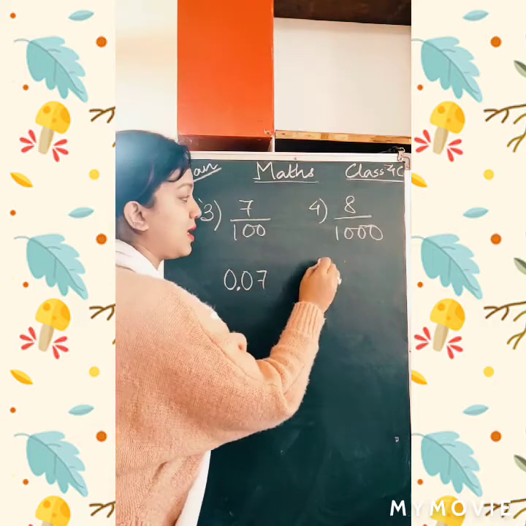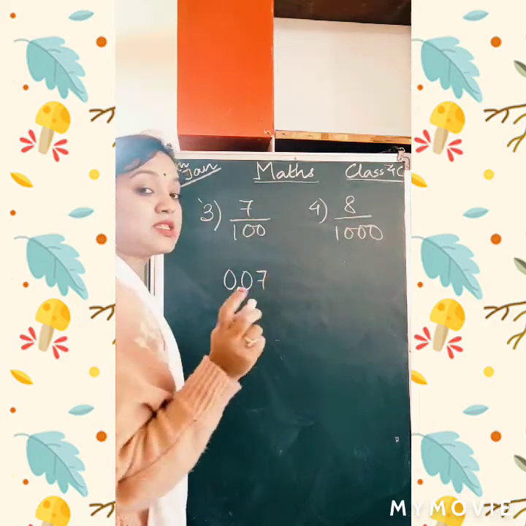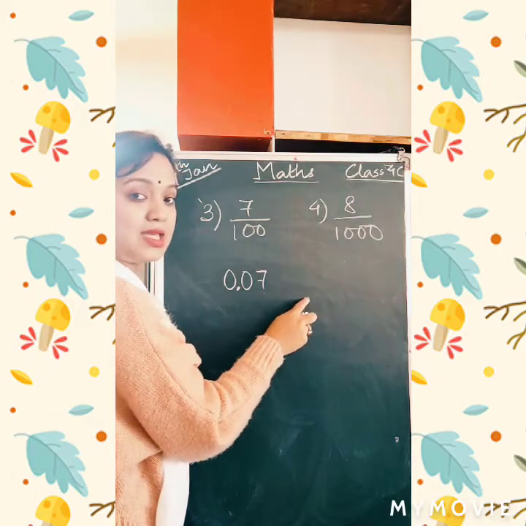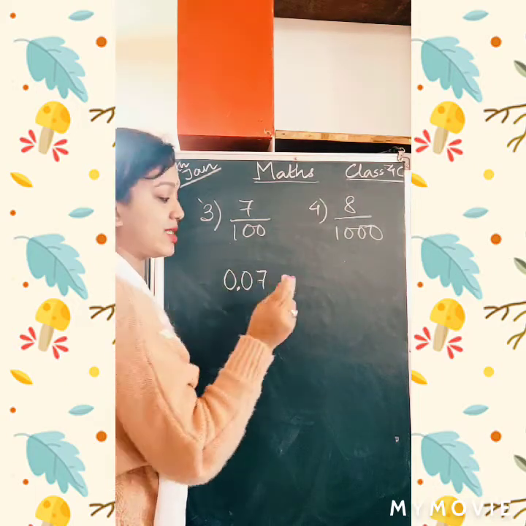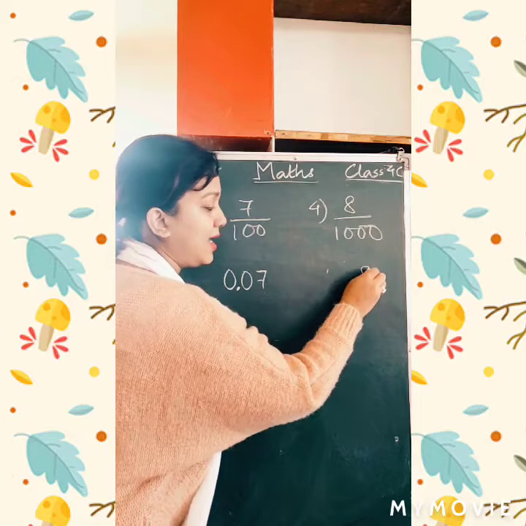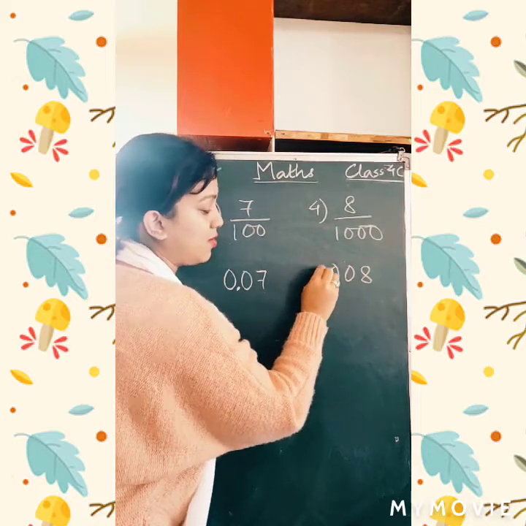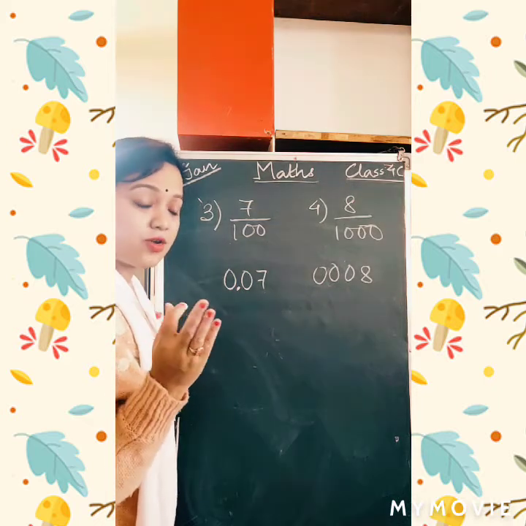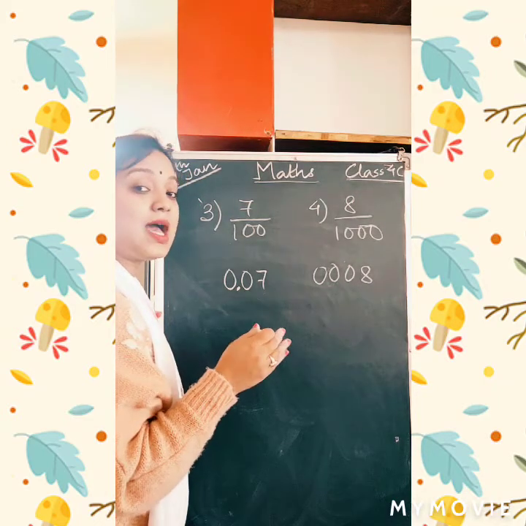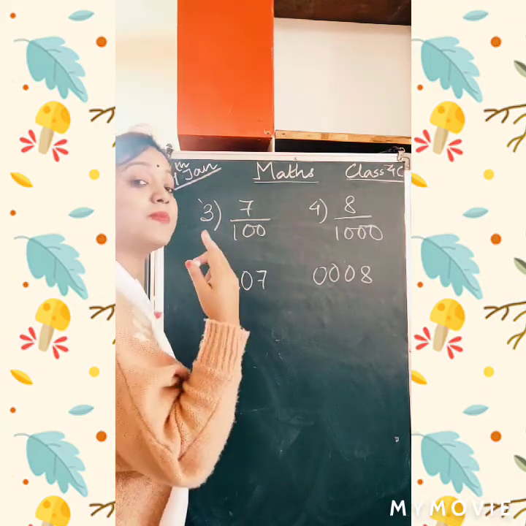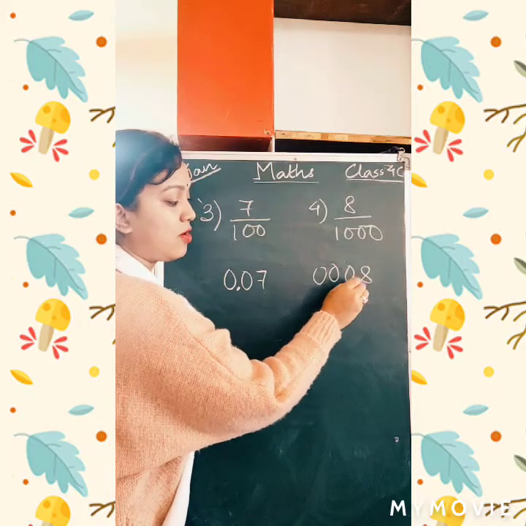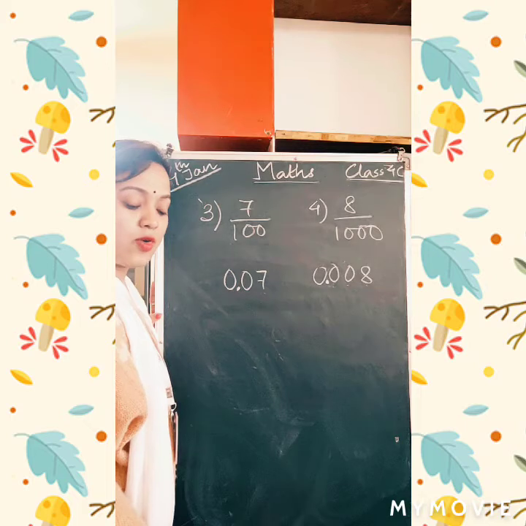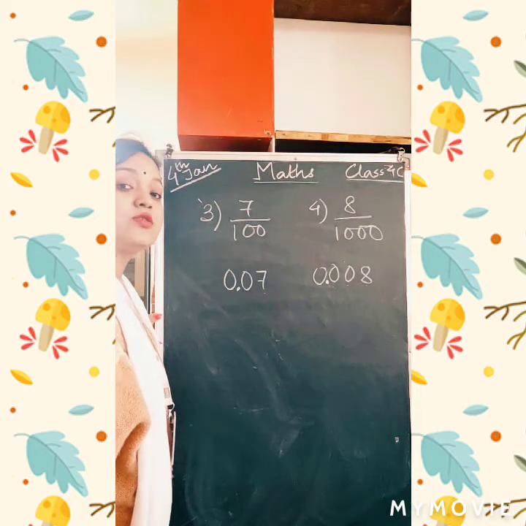Correct? The same thing. Here you see 1000 has 4 digits, but 8 is a single digit number. So I will represent 8 with 4 digits. So that means 8, 0, 0, 0. 4 digits I have put. Now, how many zeros does 1000 have? 3 zeros. So my decimal point will be after 3 digits, but from the last. So 8 gone, 0 gone, this 0 gone, I put a point here. In this way, you are going to convert a fraction into a decimal.